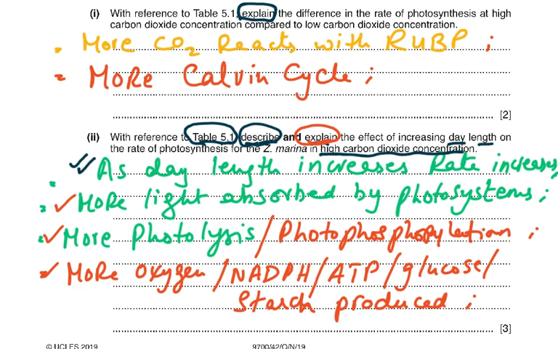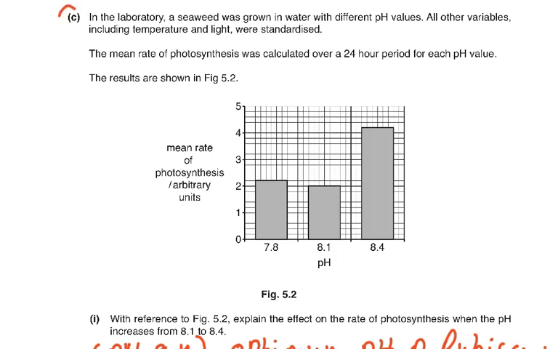So whenever it says describe, it's no biology. You just give me figures from the data. If it's an explain, then you give me points. Explanation means biological explanations. Then coming to the C part of the question: in the laboratory, a seaweed was grown